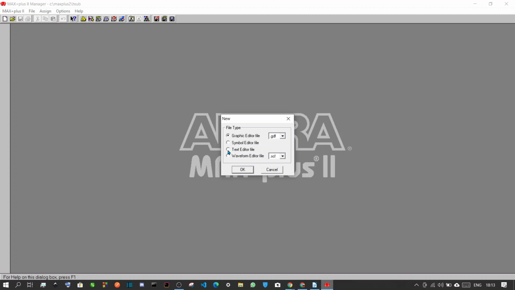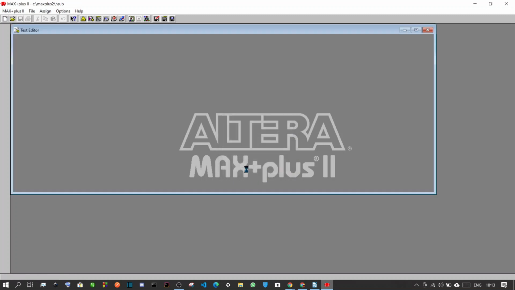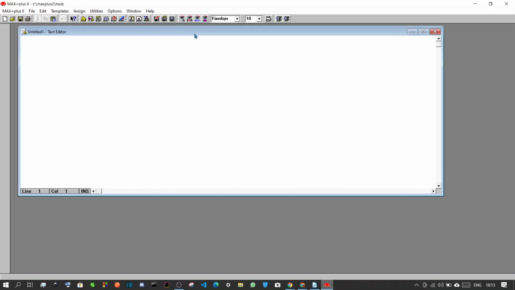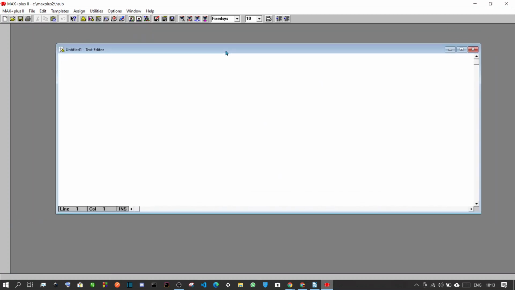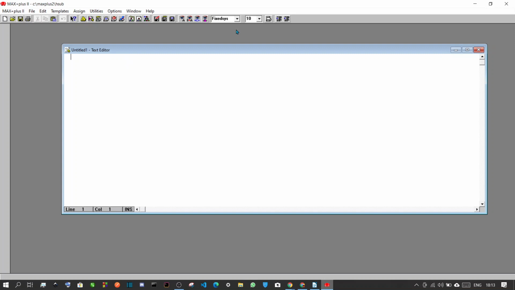The third option, and then click OK. This will generate a new file, right? So this is a basic text file. What we have to do is implement the AND code into this text file, and then we'll save this as .vhd, right?